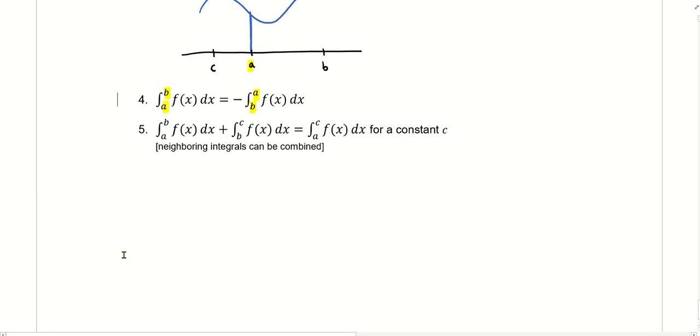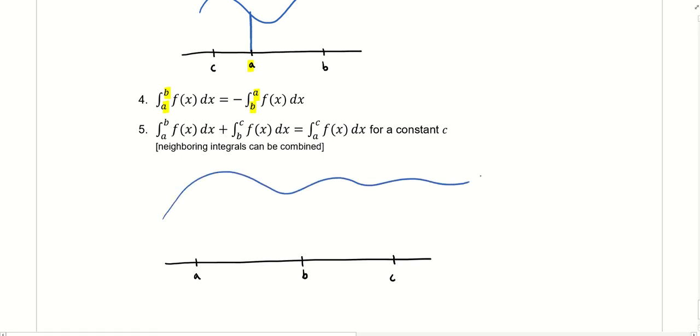One that can be really useful visually, and especially if you have complicated functions or improper integrals, which we're going to talk about almost at the very end of the semester, is this fifth property here. So let me start by drawing a picture. Let's say we have, here's A, here's B, and here's C. And let's say our function is doing something like this. If we want the integral from A to C, so in other words, if we want to figure out the area beneath the curve from A all the way down to C,